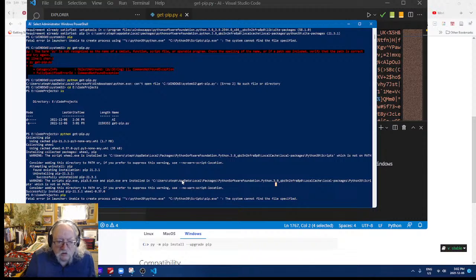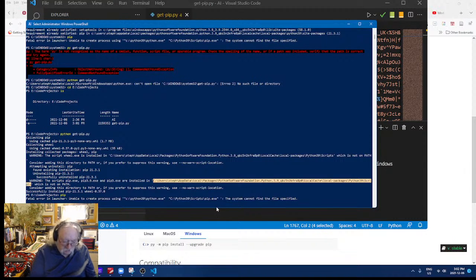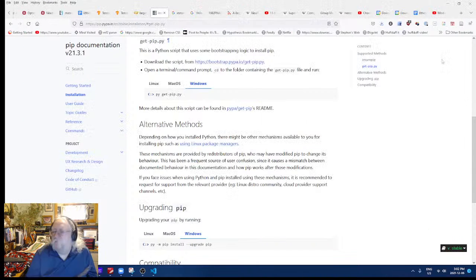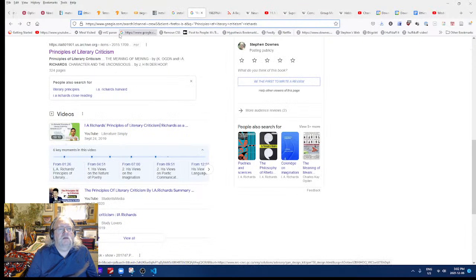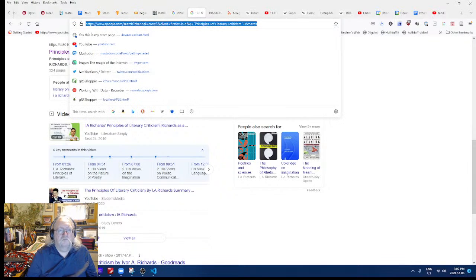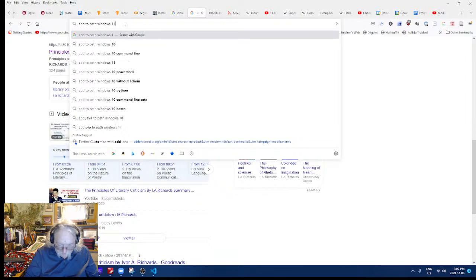Goodness. Consider adding this directory to the path. Okay. So, path. Add to path Windows 11.